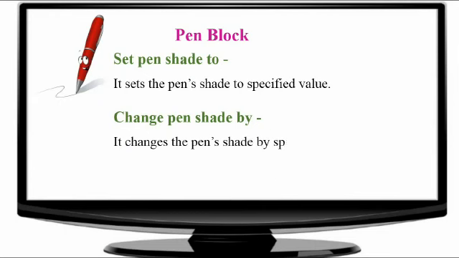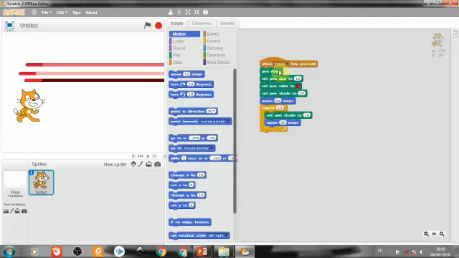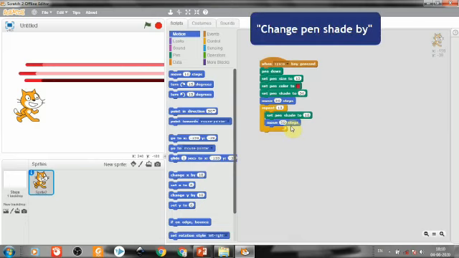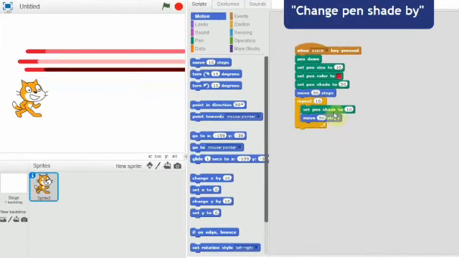Next, change pen shade by. It changes pen shade by a specified value. It increases the intensity of the sprite's pen tone by the specified value. I used the same script, but I am going to make changes in this previous script.